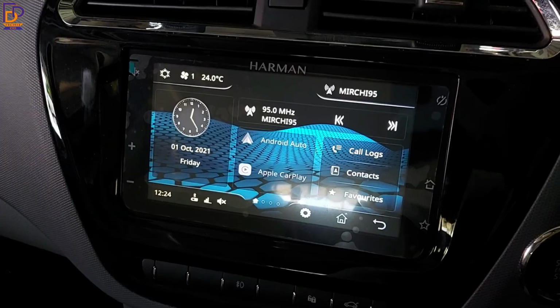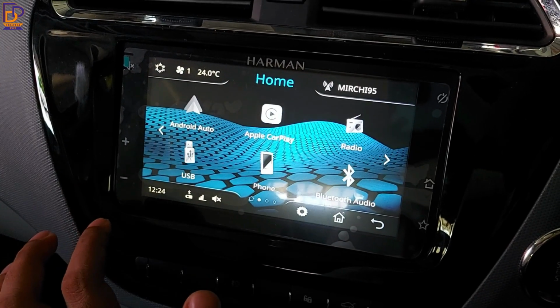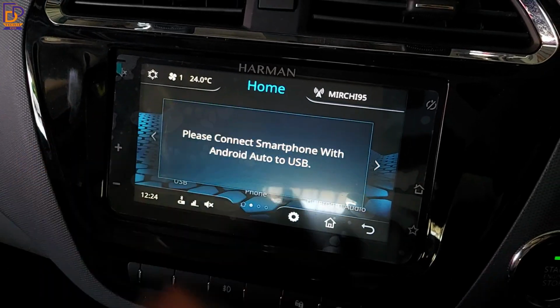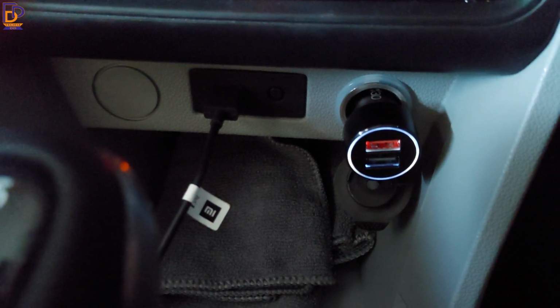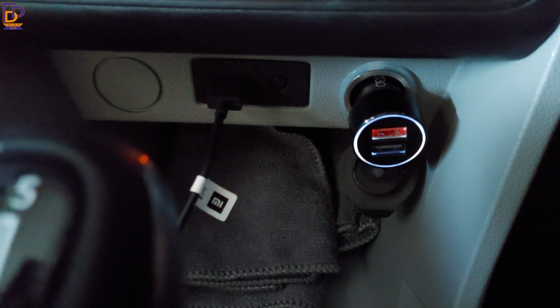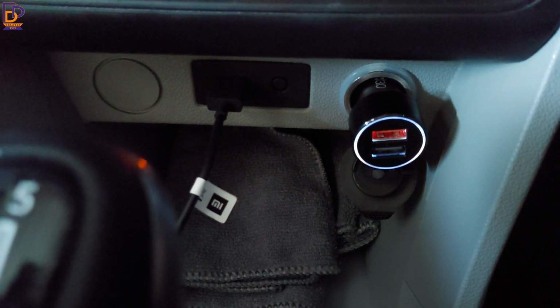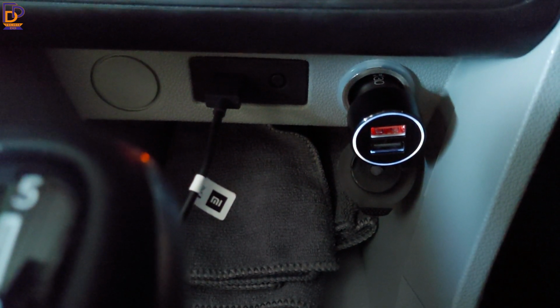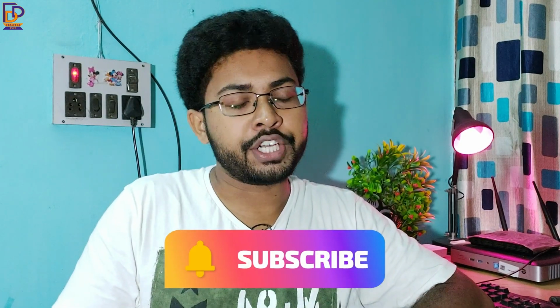And guys, if the infotainment system in your car supports Android Auto, then you will get the option for Android Auto on your screen like this. In different cars you will get multiple USB ports, but not all the USB ports support Android Auto, so you have to connect your phone to the right USB port to use it. And in some other cars you will also get wireless Android Auto, which means you can connect your phone wirelessly to use Android Auto, and no cable is needed here.